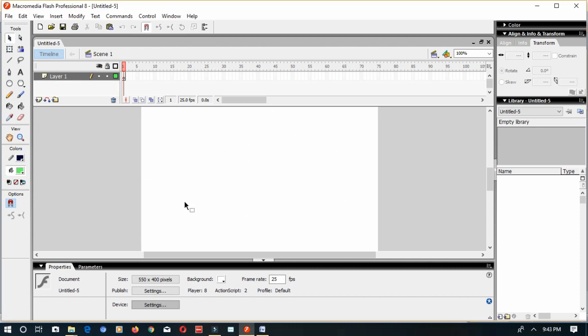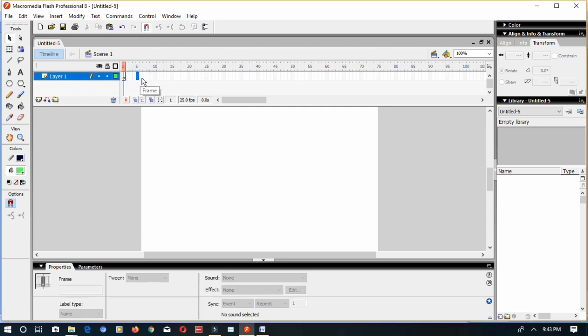So we have two important things, that is frames and layers. Let's see about them one by one. A frame is a single rectangle in your timeline. Can you see the small rectangles? Each one is called a frame. That means it contains a single step in your animation. Frames are numbered on top of the timeline: 1, 2, 3, 4, 5 boxes like that. It is numbered over here.